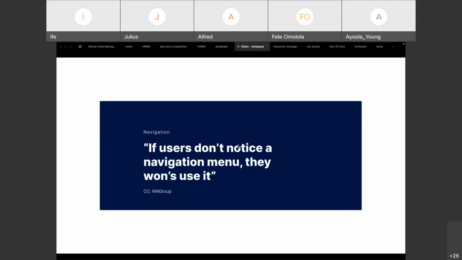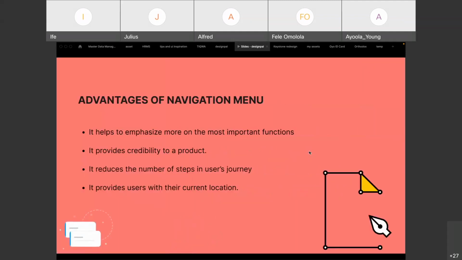What actually informs your design decision? At times, it's not just about following the trends that are happening, maybe on Dribbble or social media. You should always have a reason why you put something somewhere. So, we're going to be touching more on this topic. Okay, so I'll be talking about the advantages of